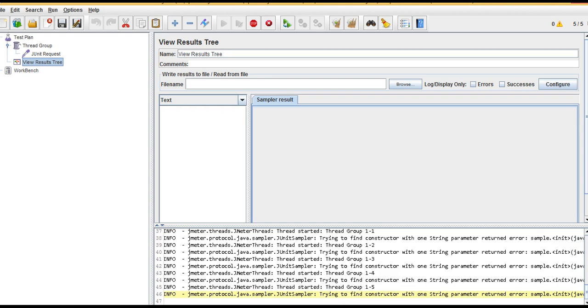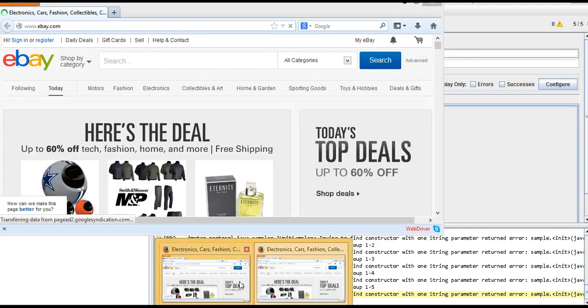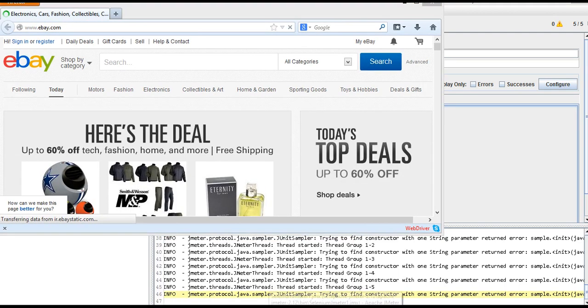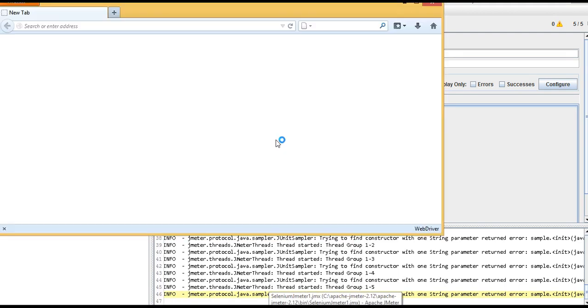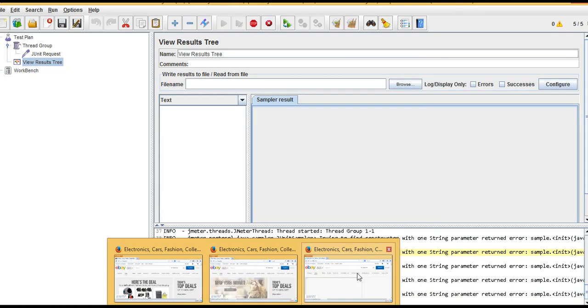But as I said, it's not good practice to invoke browsers. It's obvious, right? If 10 browsers open at a time, automatically your performance goes down. You can see that 2 Firefoxes opened at a time right now, and a third one, so they keep on opening.